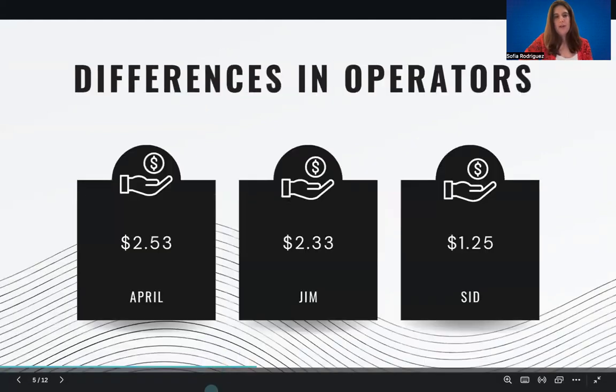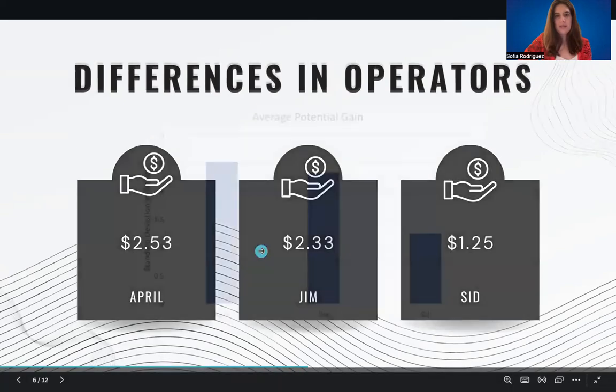In terms of the operators, again, April, Jim, and Sid. Out of the 3, April had the most potential gain, or in other words, the most errors when processing. She averaged $2.53. Jim followed right after her at $2.33, and Sid averaged the least of the 3 with $1.25. On average, if we look at the whole data set, $2.03 is being lost from each log processed, which